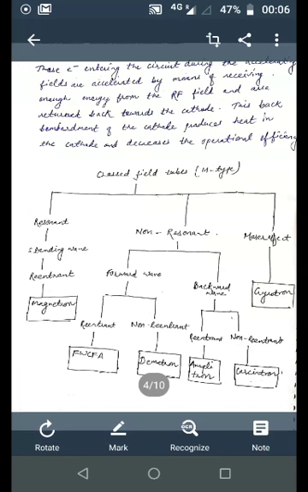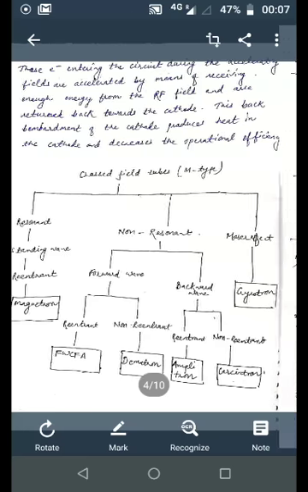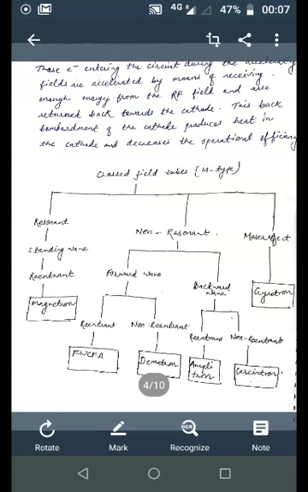Cross-field tubes can be classified into three kinds: resonant, non-resonant, and Maser effect. Resonant tubes can further be classified as standing wave and reentrant. Magnetron is the resonant kind of cross-field tube. In the Maser effect kind, we will study the gyrotrons. Other classifications exist, but they are not covered in the syllabus.